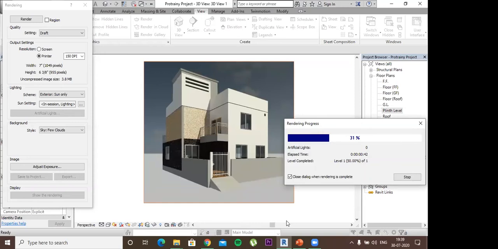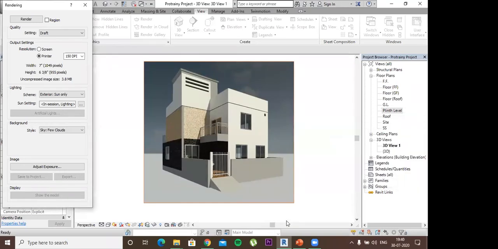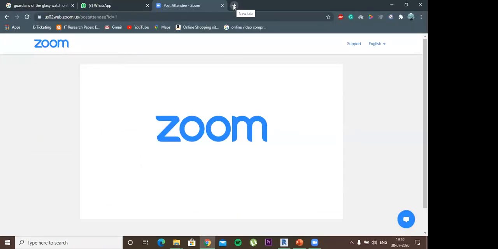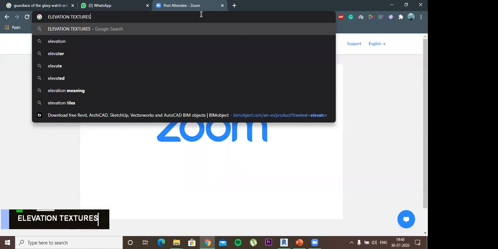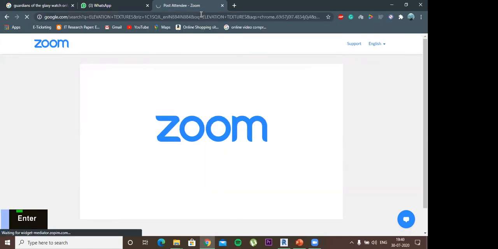Now, how to color the walls I have already told you. Can we select the tile design, paint colors in design? Exact, yes, you can do anything. You can create your own material and you can download. There are different type of materials you'll get. I'll show you how to do that. You will get different type of elevation textures.